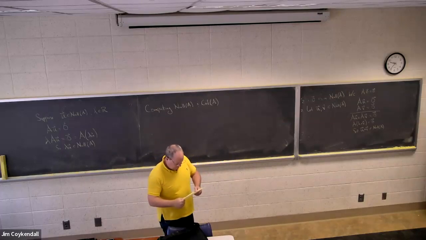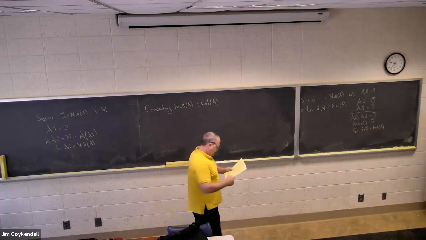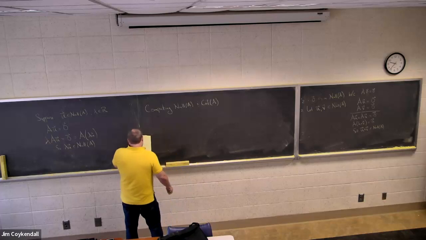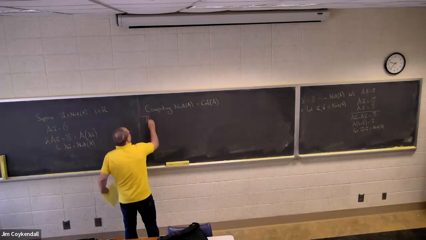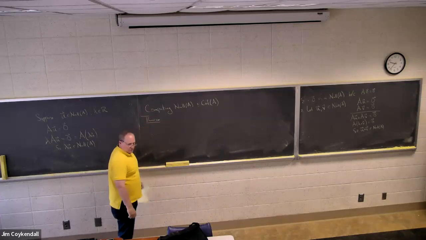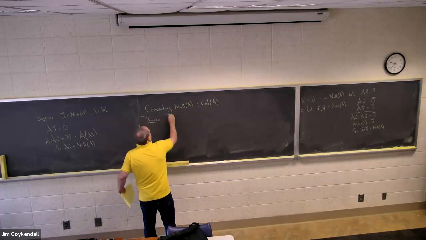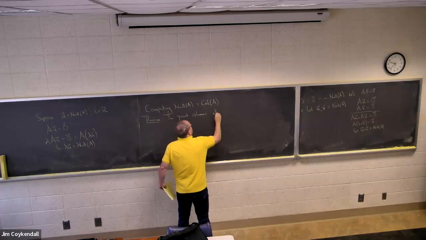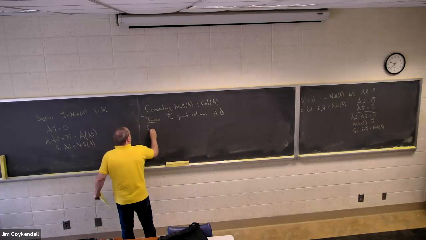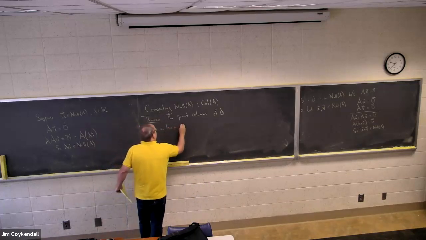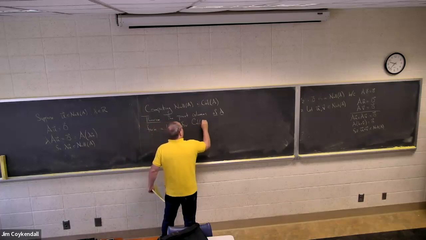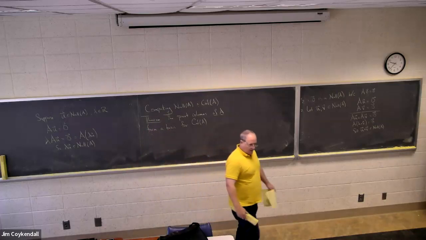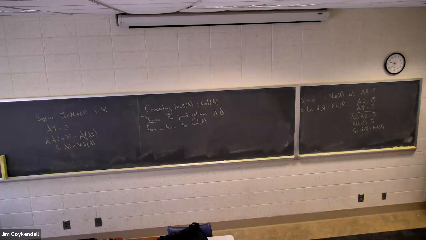Okay, so let me start with this matrix here. Let me give you a bit of argument. And I'm going to sort of justify this as we go along here. The pivot columns of A, whatever they are, if you can identify the pivot columns in matrix A, and you pull them out,